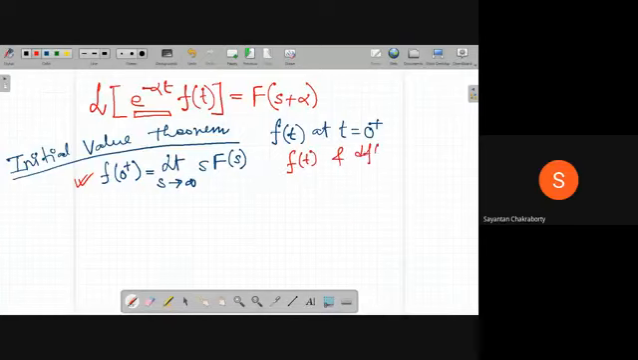ft and dft dt should be Laplace transformable. সরি, এগুলো ল্যাপ্লাস ট্রান্সফর্মেবল হতে হবে। মানে যদি ল্যাপ্লাস ট্রান্সফর্ম না করতে পারো তাহলে কিন্তু এটা হবে না, অবভিয়াসলি।